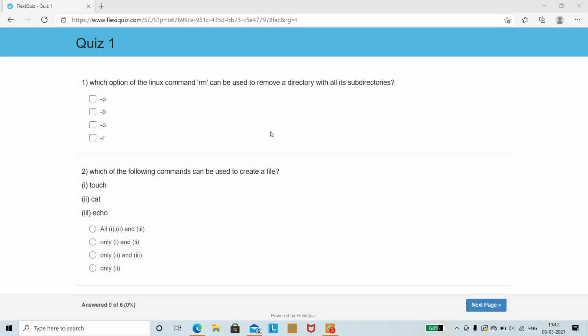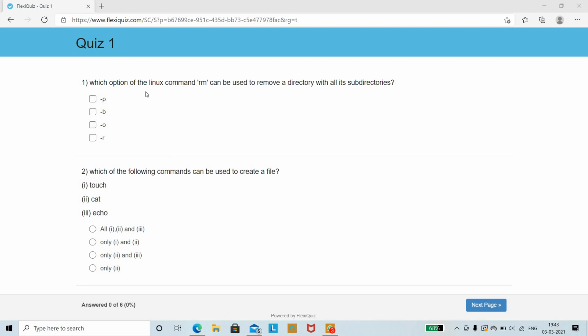The quiz is very simple and includes 6 questions on basic Linux commands. Once you click on the link which I will be sending in the description box, you will get a login page in which you need to register with your name as well as email ID so that the score will be sent to your email ID. Once you register, you will enter a page with questions on Linux. These are the Linux questions which were asked, and the first question we shall see.